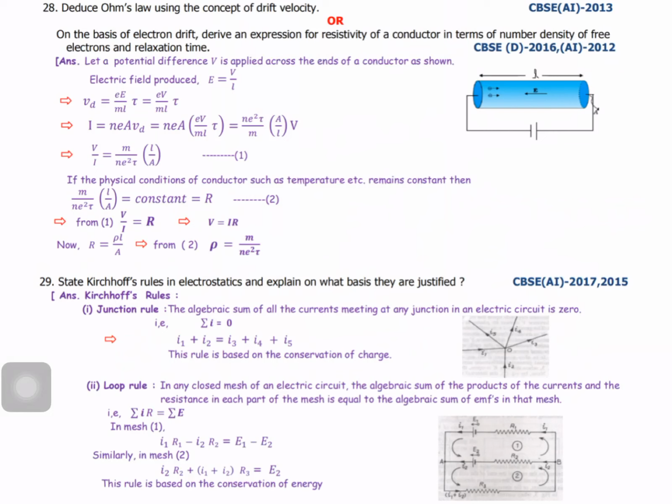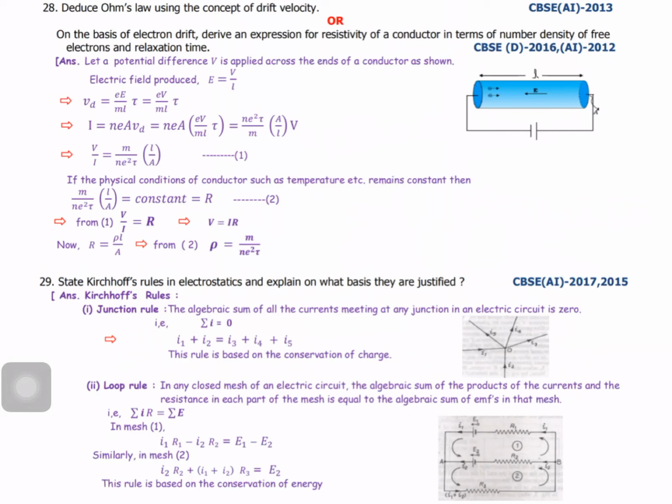See, the potential difference V applied across the ends of the conductor, then electric field produced E equal to V by L, or we can write Vd equal to E by m into tau, or eV by mL into tau. And also you know that I equal n A e Vd, already derived, or n A e into eV by mL into tau,